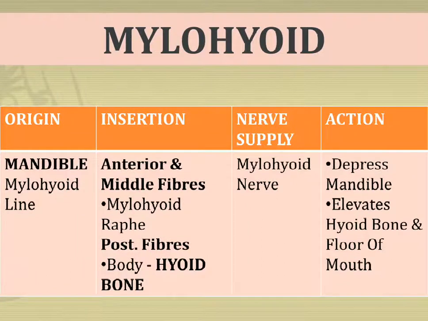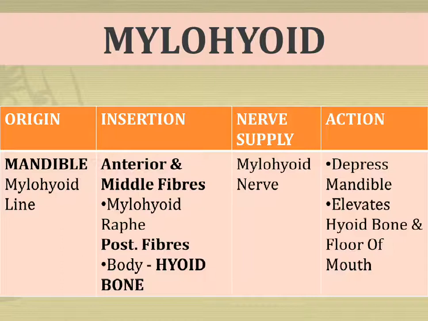Next muscle is the mylohyoid. Again the prefix is the origin point and the suffix is the insertion point. So mylohyoid line of the mandible gives origin to the mylohyoid, and it has three fibers: anterior, middle and posterior. Anterior and middle fibers are inserted in the mylohyoid raphe, and the posterior fibers are inserted into the body of the hyoid bone. It is supplied by the mylohyoid nerve